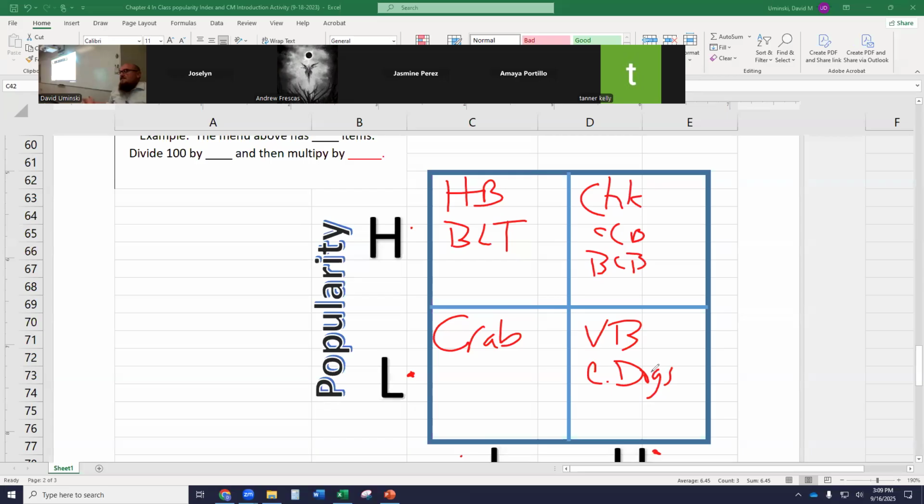Okay. So we just did a menu analysis. We just analyzed our different menu items based on their popularity and how much they contribute to our profitability. So, just because crab cakes are in the dogs, do we just get rid of them? No, why? Maybe, maybe not. Why would we consider keeping them? Find ways to sell them, like discount. They still bring money in. Maybe people don't know about it, and so maybe we have to advertise it more. We have to promote it.